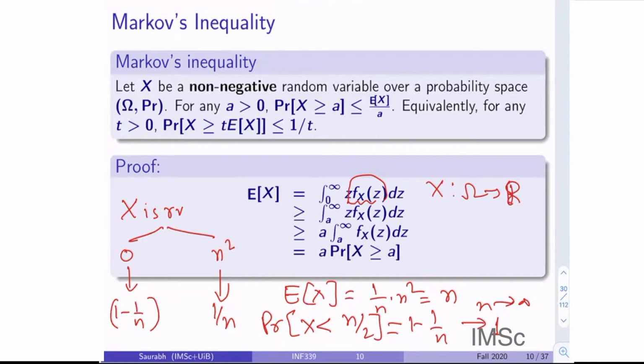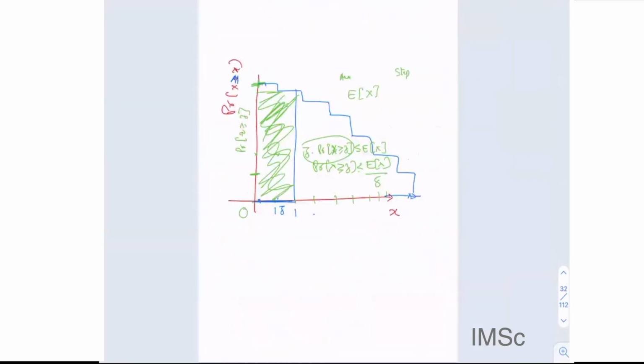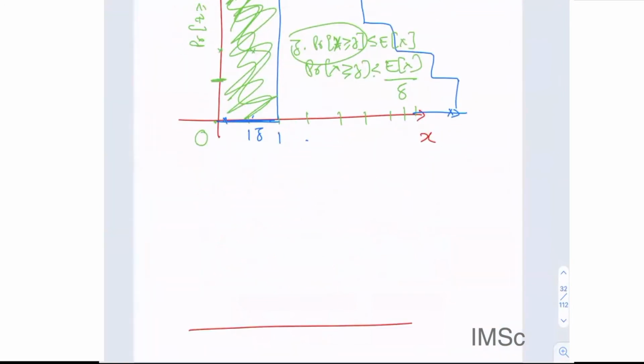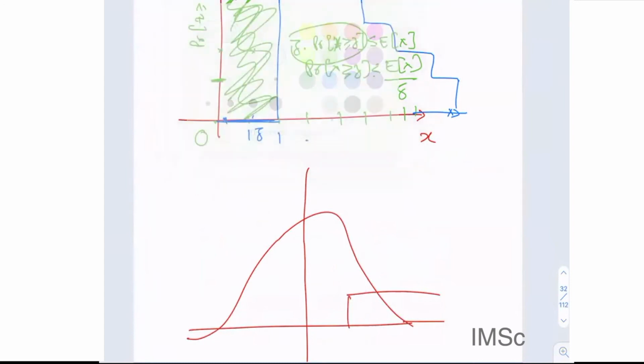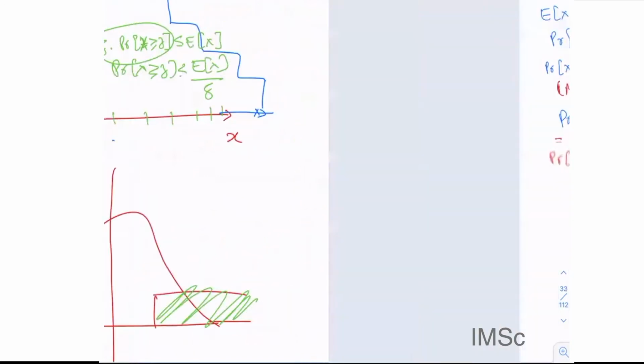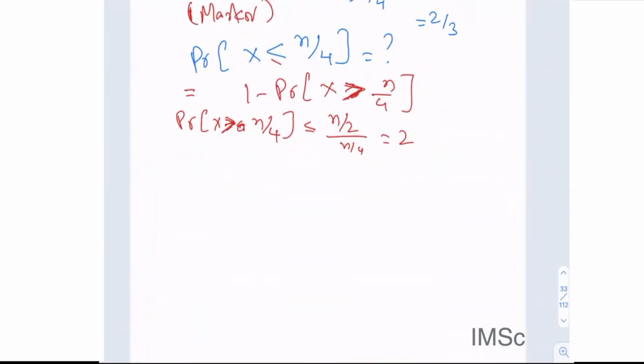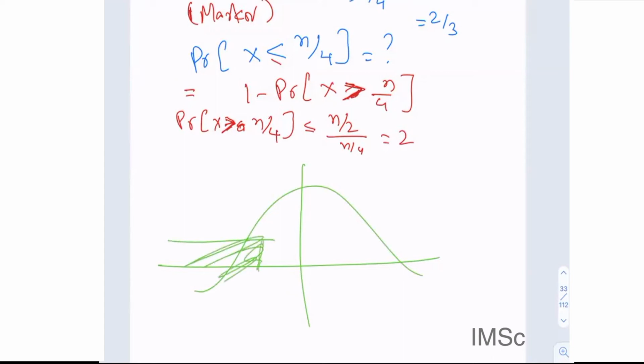And what I mean by two-sided inequality is, what Markov does is basically bound this, right? But in the kind of example which I asked you here, I would have liked to say that if it is not far from the expectation, then I should be able to bound this bad probability here and this bad probability here. But Markov does not allow us to do this. And why can it not allow us to do this?